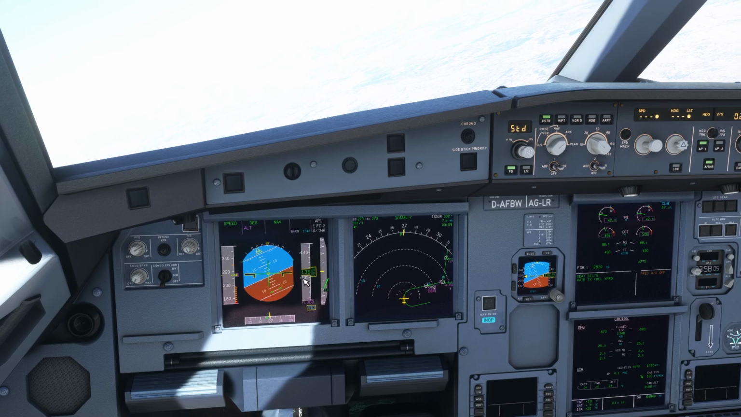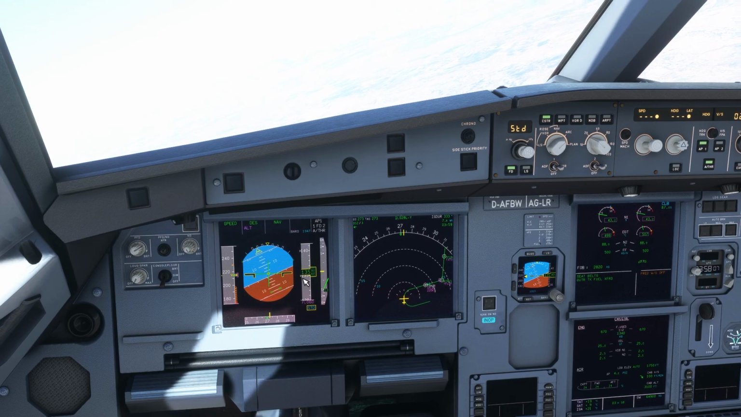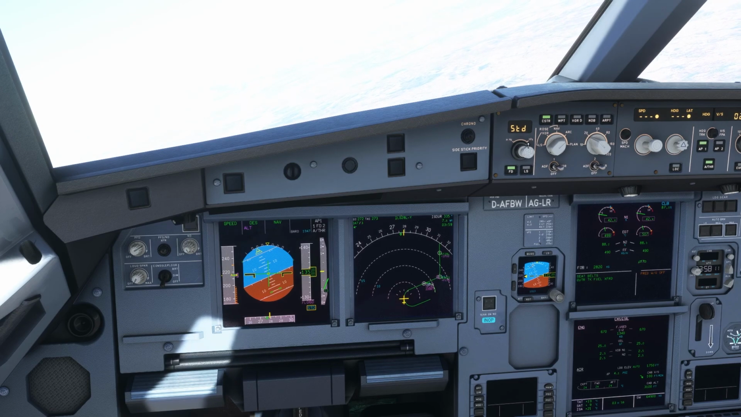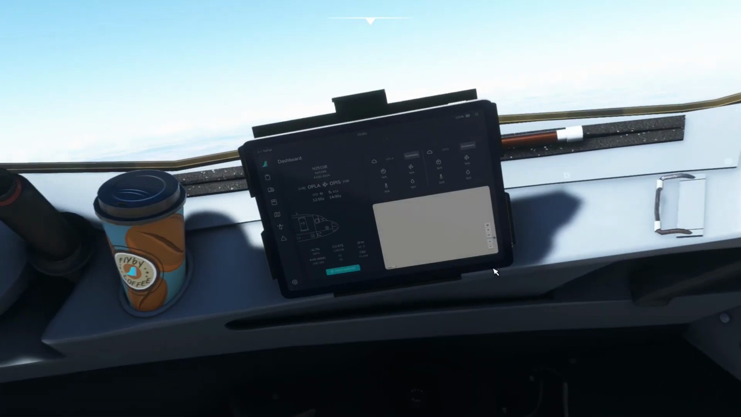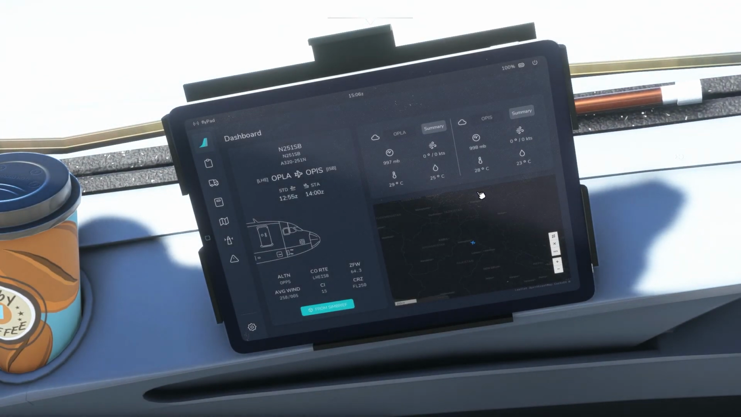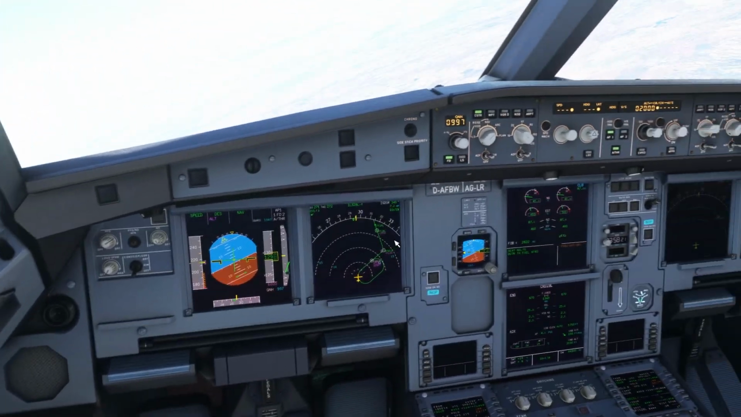Now, as the plane is below the transition altitude, that was 14,000 feet, that's why standard is blinking. So that's why we have to change the QNH from standard. And let's see what's the QNH in Islamabad. It's 998. Let's change it to 998,